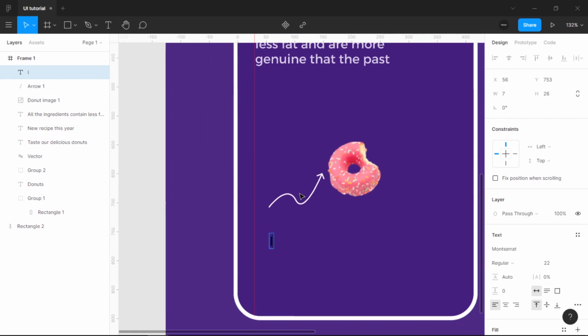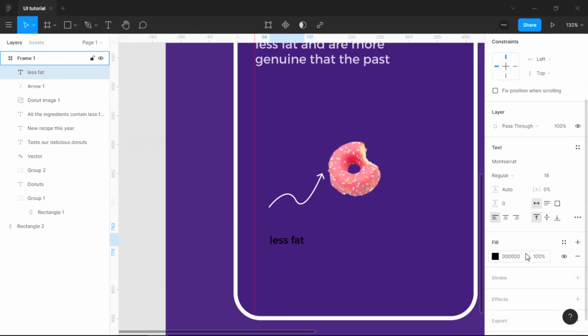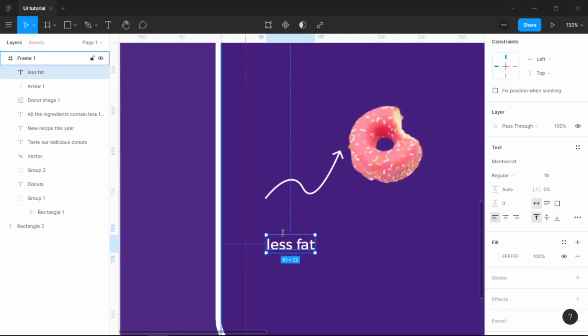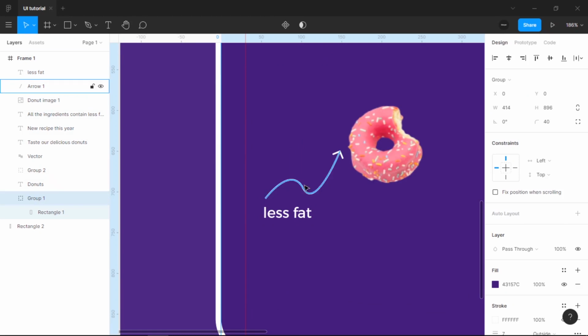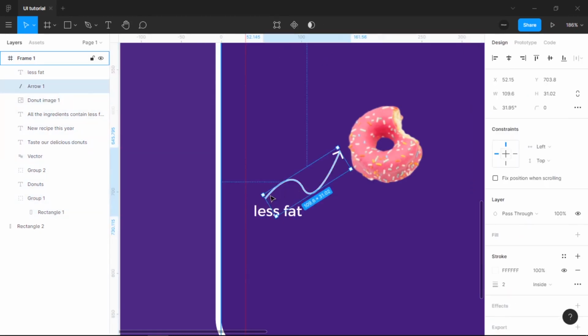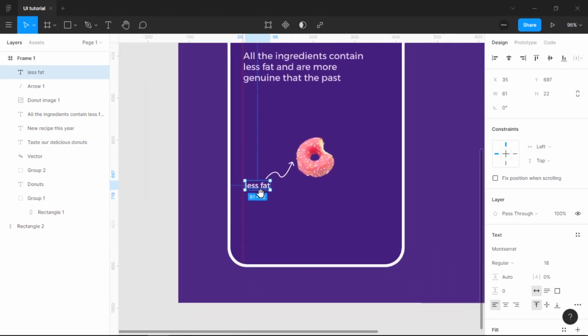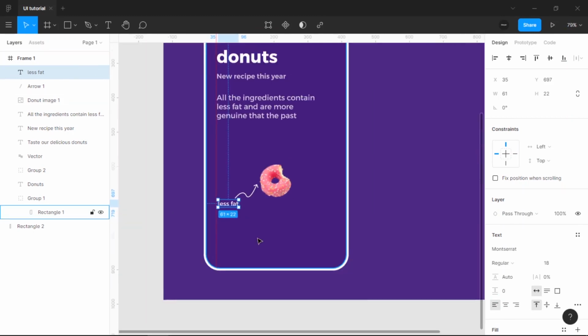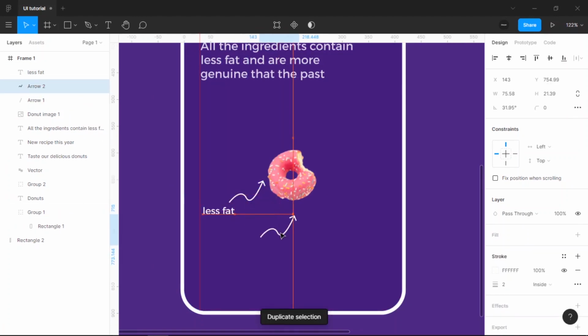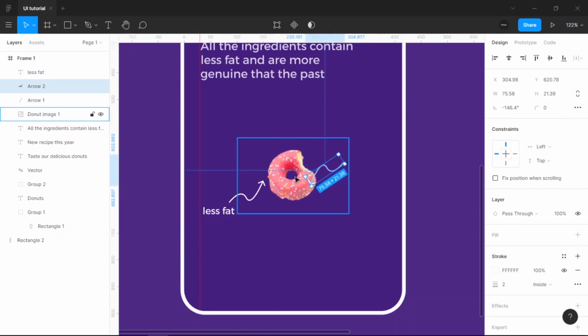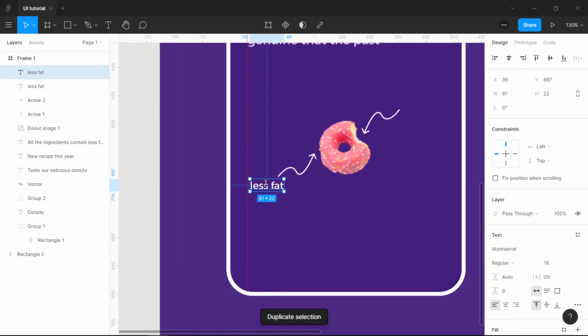here with less fat, and we put the size of 18, and then with F white, like here, and then we drag a bit, we reduce the size of the arrow, and then we put the text here, and then just duplicate, and then we just make another one by rotate here, and here we put another text by duplicate, and then Shift from the right and Shift from the top,